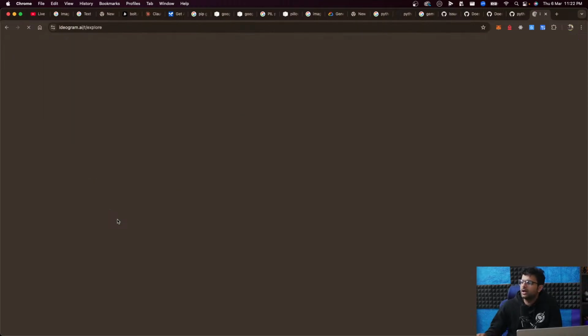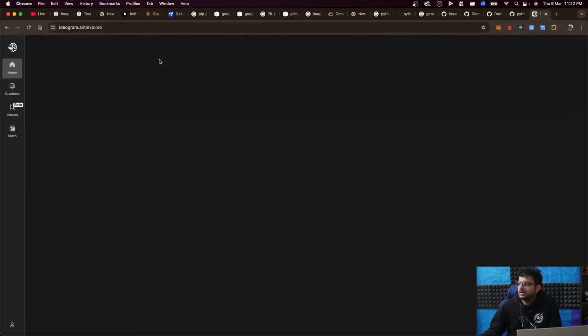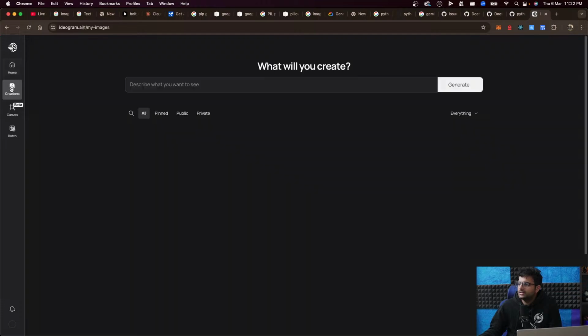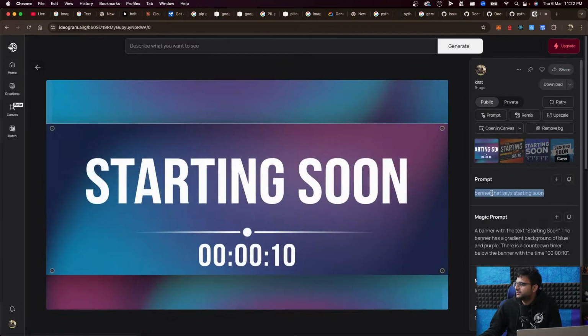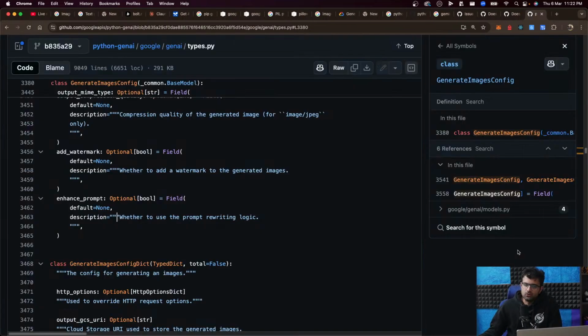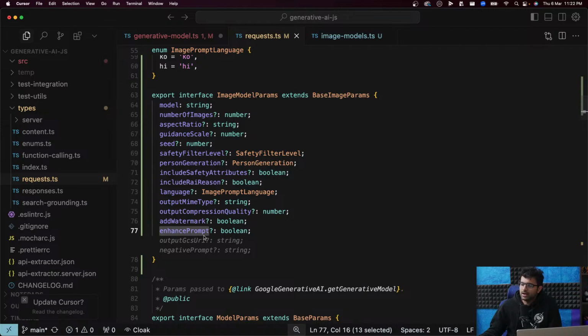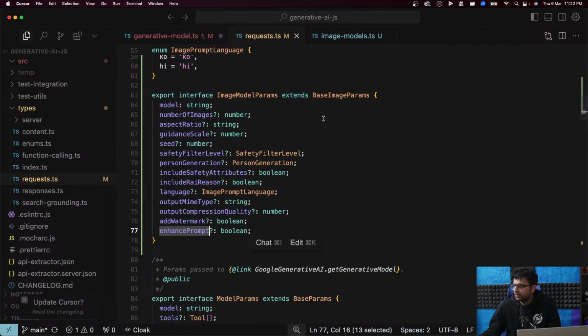If I go to ideogram and try to generate an image, for example, I just generated this image of the live starting soon. I gave it this prompt, but the magic prompt is much longer. It looks something like this. So when I set this to true, it'll have a magic prompt and it'll look much prettier. All right, image